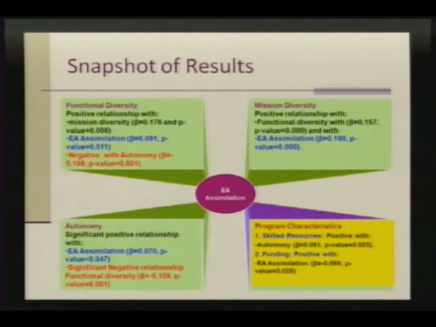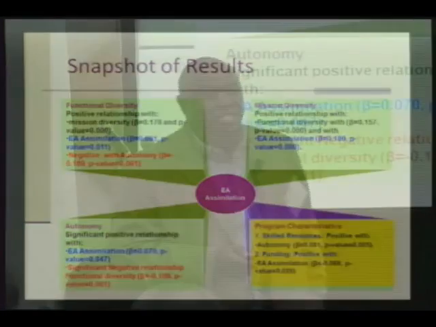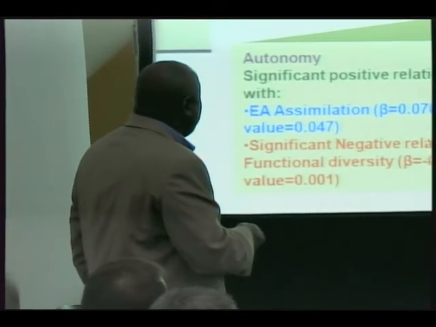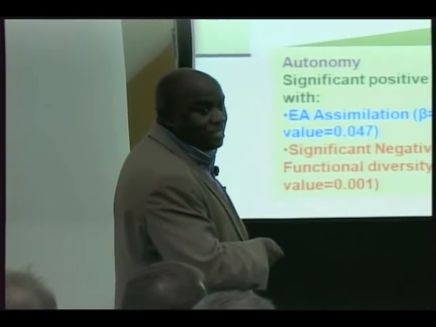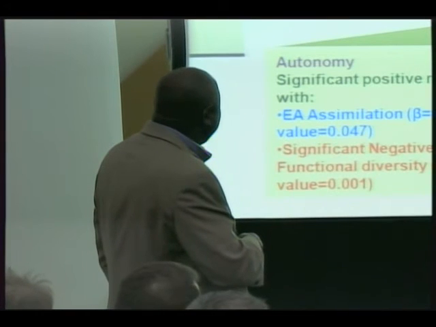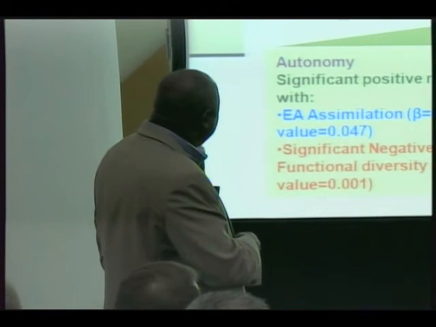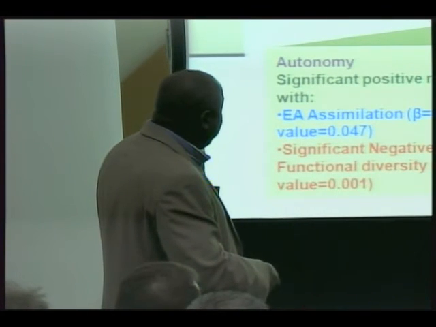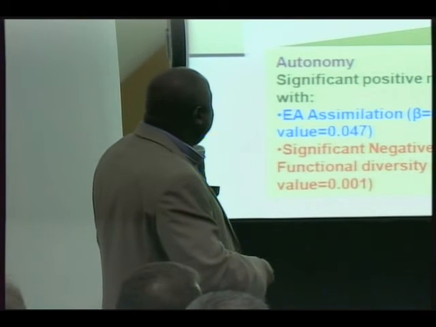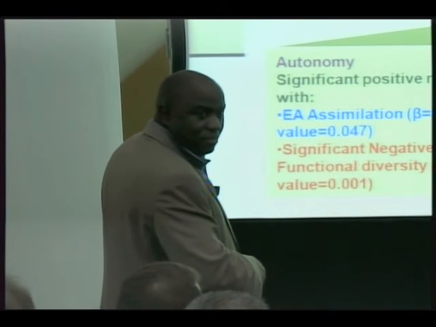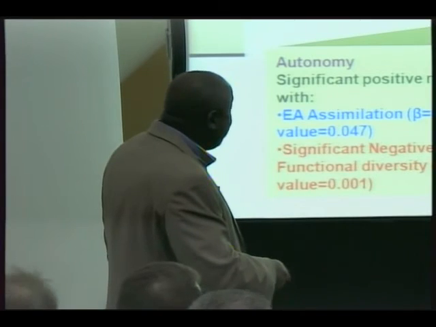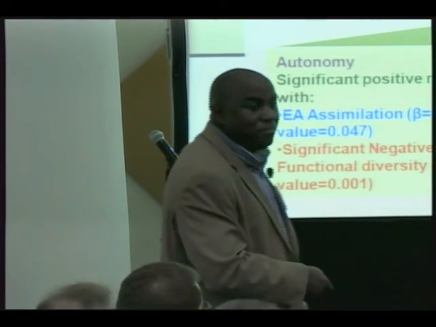What does that tell you? The primitive interpretation here is that if you've got a complex organization and you're coming up with a strategy for assimilation, start with mission. That's the highest. Then align it with the functions. That was the next. Give them funding. Then grant them autonomy. Once you grant them autonomy, they will find the skilled resources.